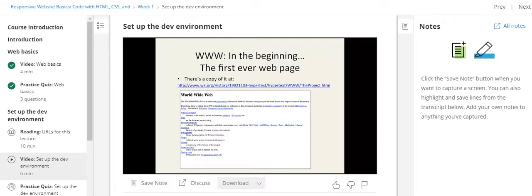So here we can see an example of the first ever web page, created 26 years ago by Tim Berners-Lee, who basically invented the World Wide Web. And there's a copy of it online that you can have a look at. It's a very, very simple page, but it was groundbreaking because that has led to the web as we know it today. You can see it just has a little header at the top and some text and these